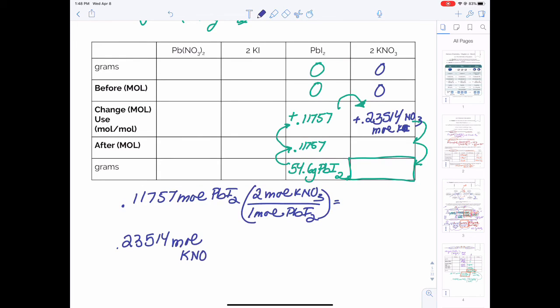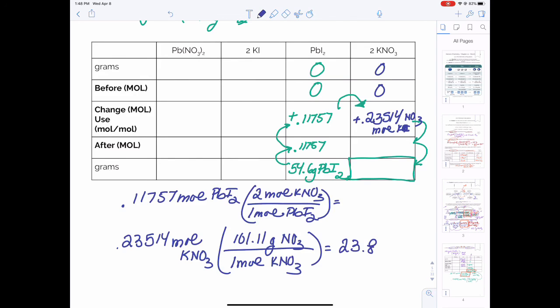Potassium nitrate. To grams, 1 mole of KNO3 has a mass of 101.11 grams. My answer for that is 23.8. So 0.23514 moles of potassium nitrate will have a mass of 23.8 grams